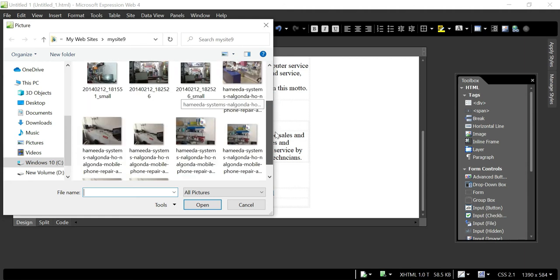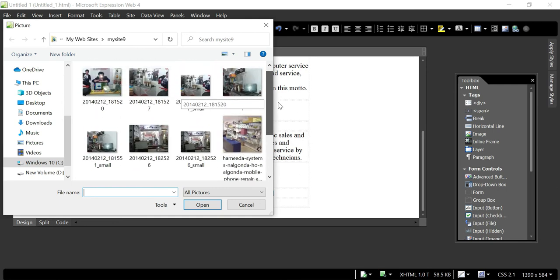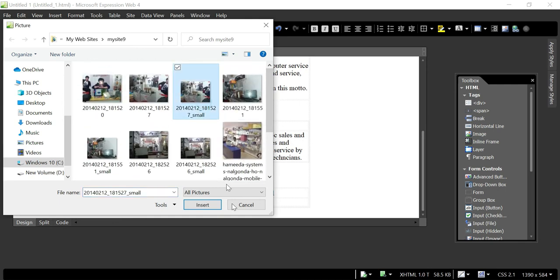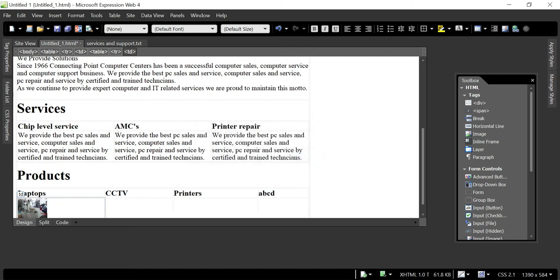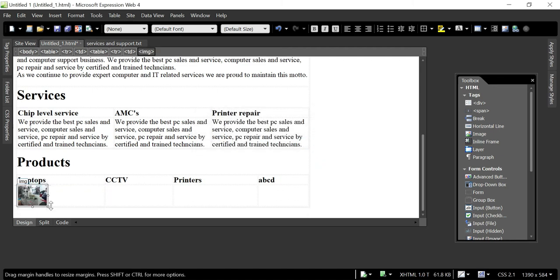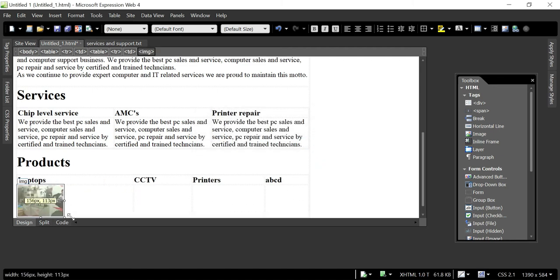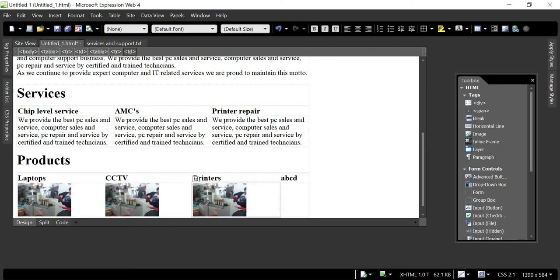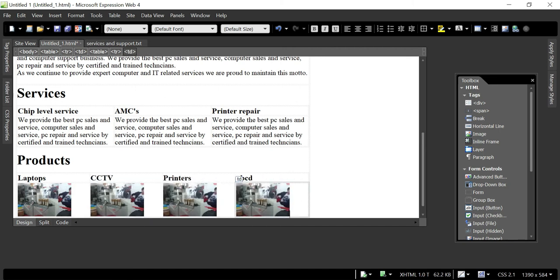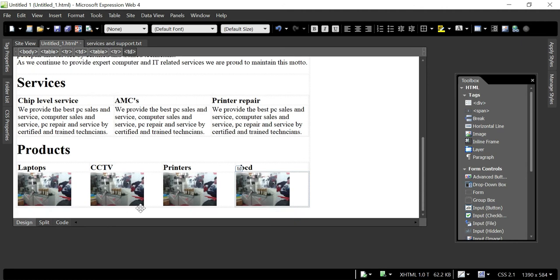Okay, so let's take one image from here. Let us suppose, okay, this is the image, image 2. Just you have to provide some alternate text for each image, and let me increase some size over here. Then I want to copy this image to other places as well, like this. Okay, and